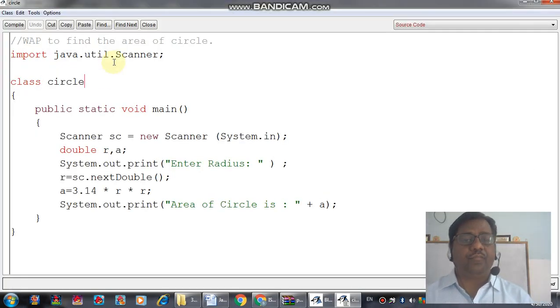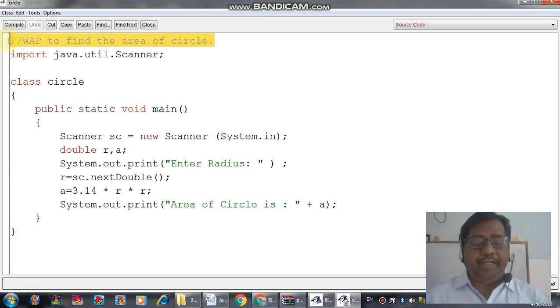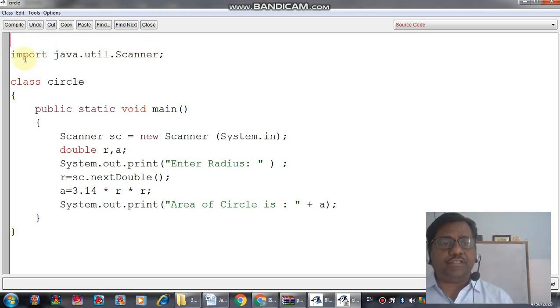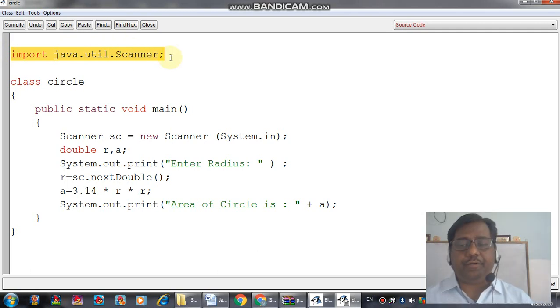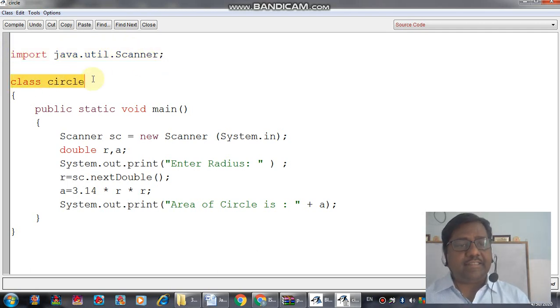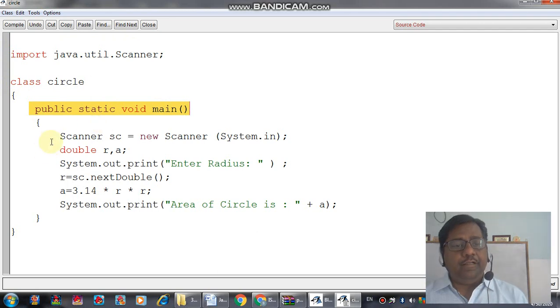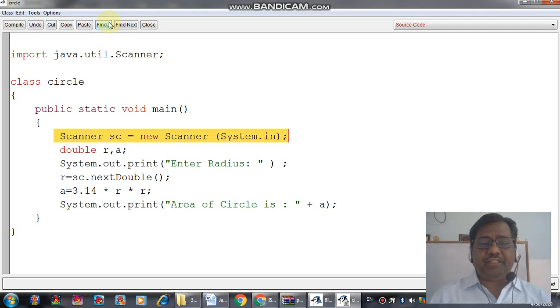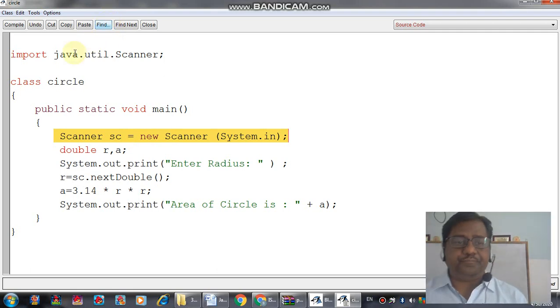Double click it. But this time we are not finding only the area. We are trying to find the circumference, the area of a semicircle, and the perimeter of the circle. We are doing all this. Then the first line of the program will be import java.util.Scanner, class Circle, public static void main. The Scanner class is used to input the value, the utility. We have to declare that utility, and the statement is very simple: Scanner sc = new Scanner(System.in).